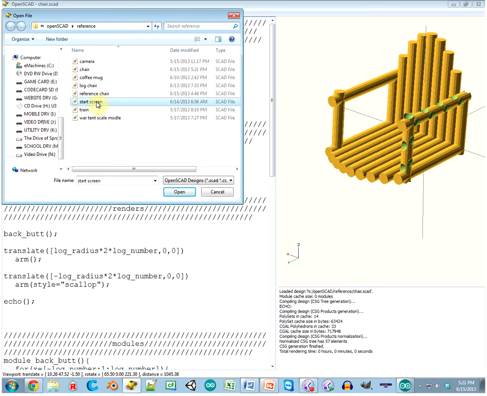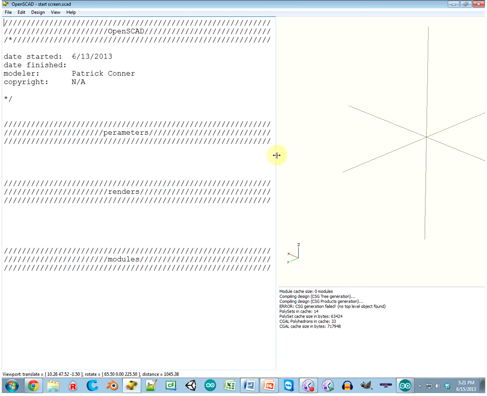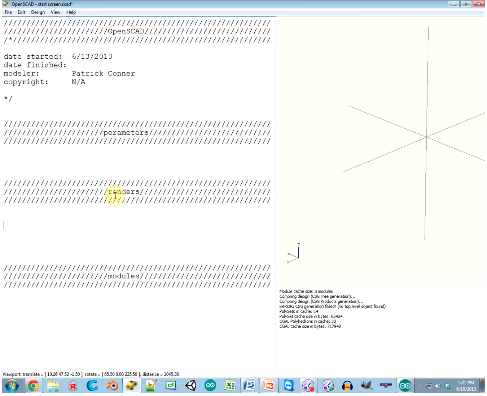Open start screen so that we have all this fancy stuff, because OpenSCAD doesn't usually open up. So the one I forgot, I should have probably put this in last episode, but it's a different kind of for loop. It's an intersection for. Now it works the same as a for loop, only instead of rendering it all, it only renders where everything